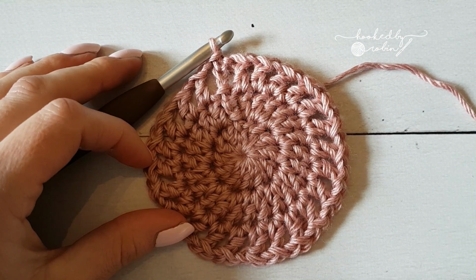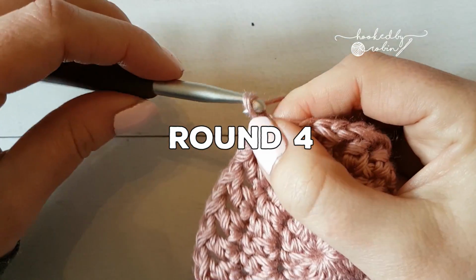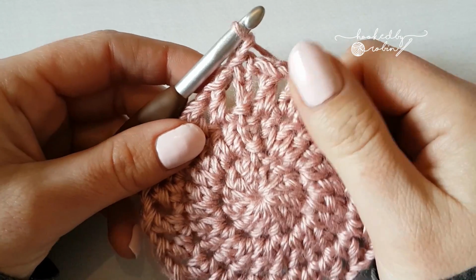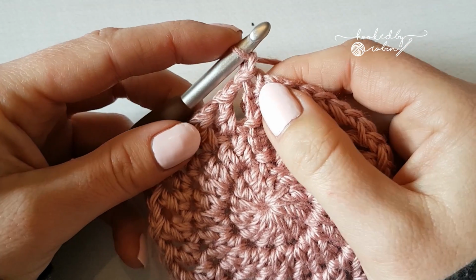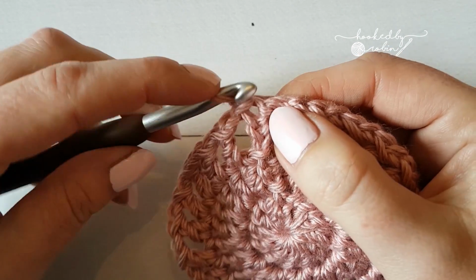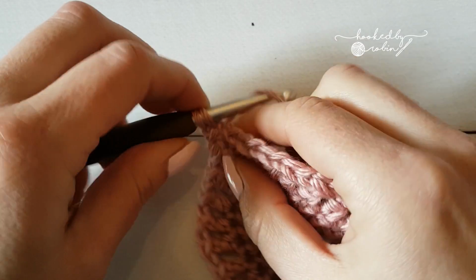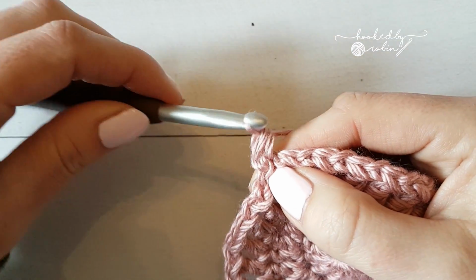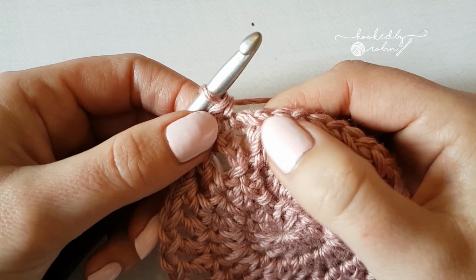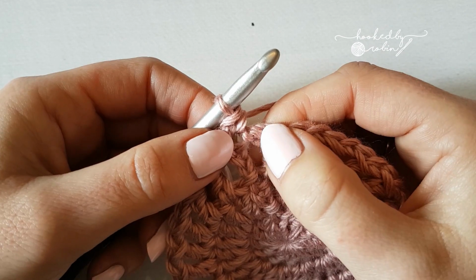of round 3. For round 4, you're going to chain 1, which does not count as a stitch. So your chain 3s do count as a stitch, but the chain 1 does not. So you're going to put a single crochet in that same space where you just chained from, where you joined. And then into the top of this next double crochet, you are going to put